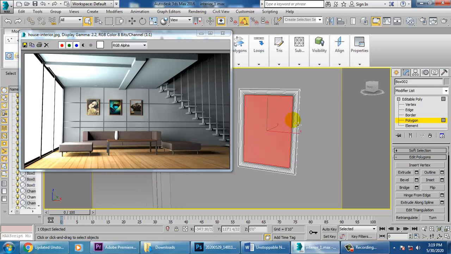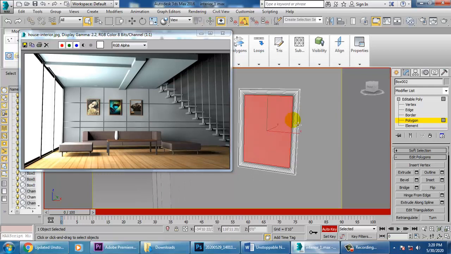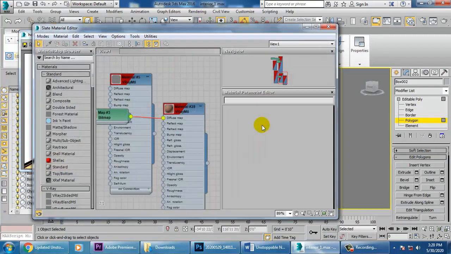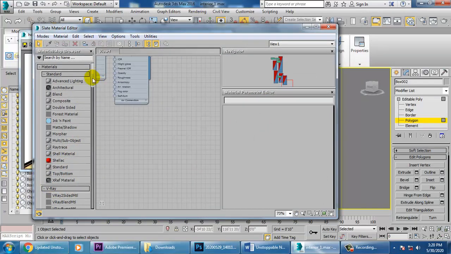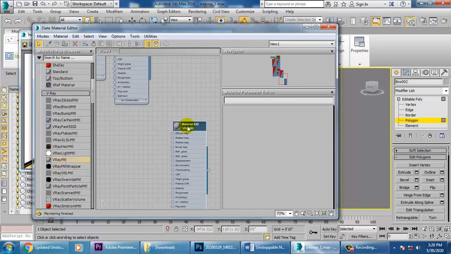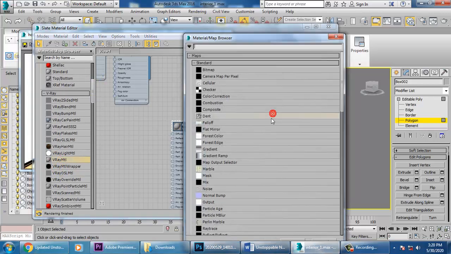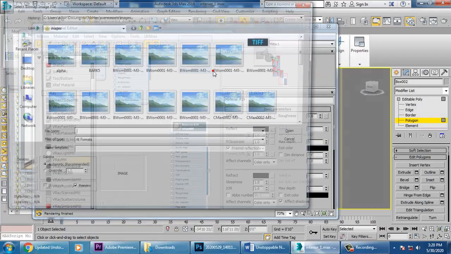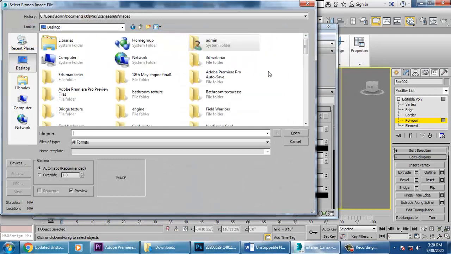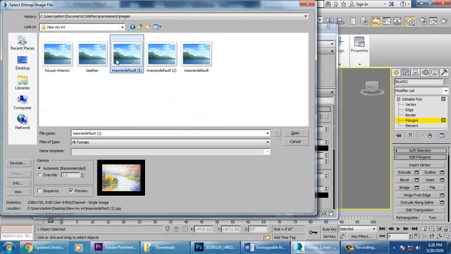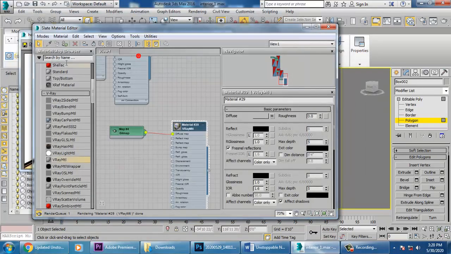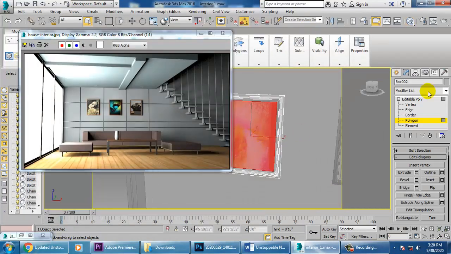Let's go into material, press M. Let's take again a material, diffuse, bitmap. Let's go into this new my interior and let's take any of the texture that's your painting.